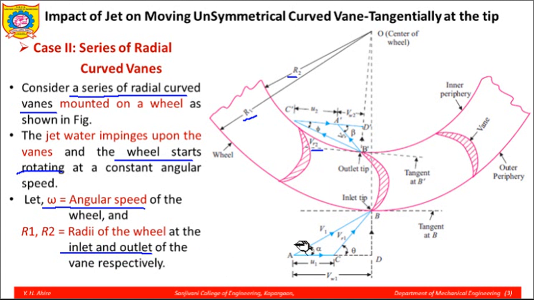See, this is a radial inward flow for the given wheel system. There can be a situation where you have radial outward flow from the inner to the outer periphery. So whatever may be the entrance and exit locations, R1 is always defined at the inlet, and R2 radius is always defined at the outlet, in the entire TMC subject.